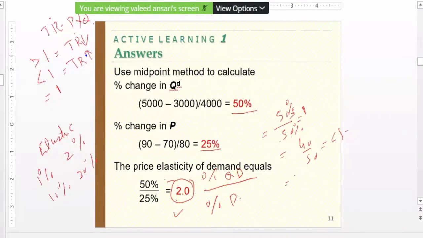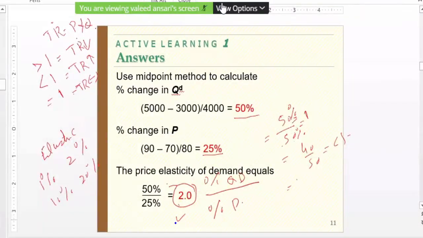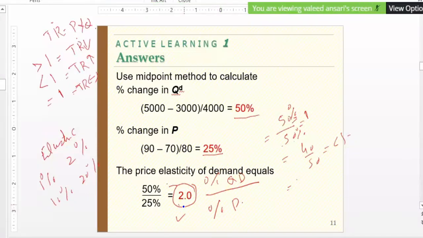the people will continue to buy and the change in quantity will be less than the change in price. In the unit elastic case there will be no change in revenue, it will remain constant. So this part I will explore later on, but this is the implication. That is why if you get a coefficient more than 1, it means demand is more sensitive. One has to be very careful to understand this.